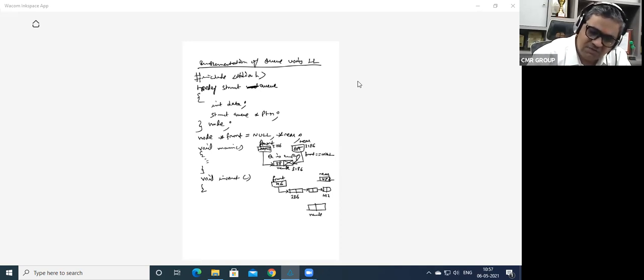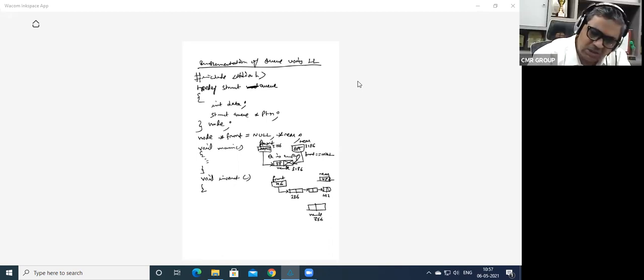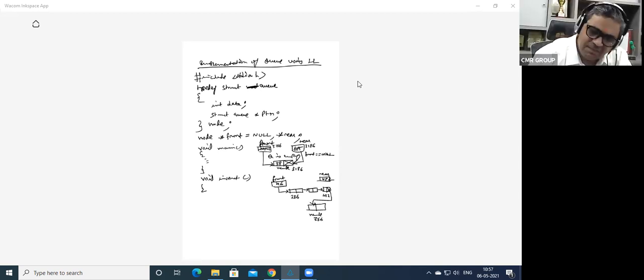Now when you are inserting a new node which has come in, at, for example, 386, what am I going to do? This null is going to be overwritten with this particular value 386, and rear is going to be overwritten with 386. Remember, node addition always takes place at the last. Rear is always going to point to the rear node, so rear value changes. In this queue, there is nothing called in-between node insertion. It will be inserted as a rear node only.